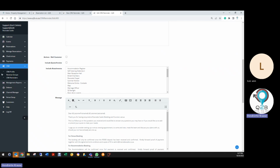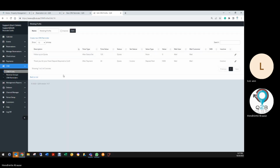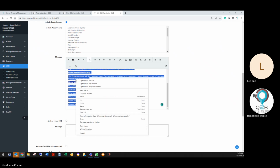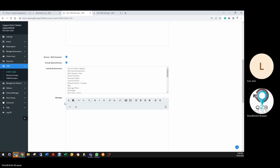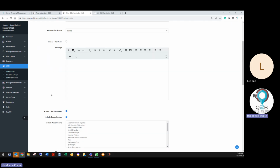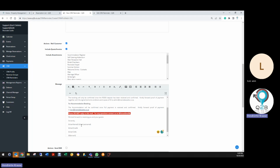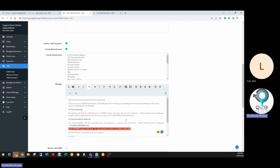I actually wanted the wedding one. Right. And now I'm saying final payment is now due 7 days before the event start. It's already an invoice and paid less than 100% total, so there's some amount still outstanding. It will go and look for it. Mail the customer, mail the invoice, and send them this message. And now you will say, thank you, looking forward to hosting your event on